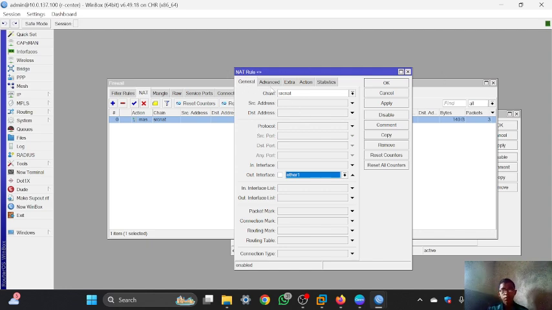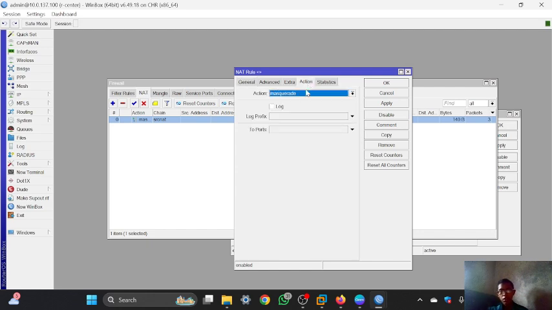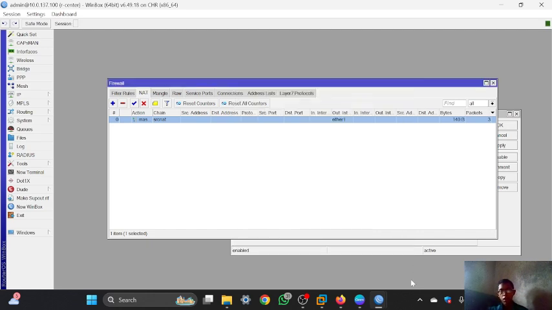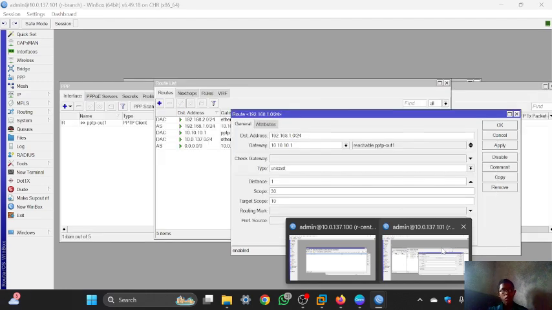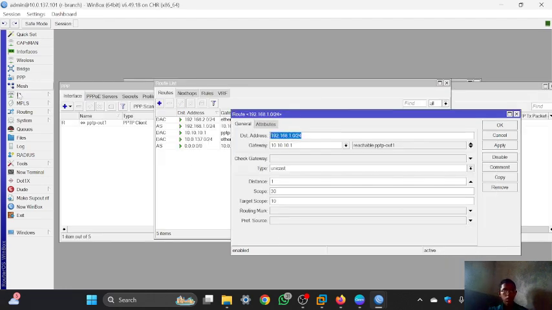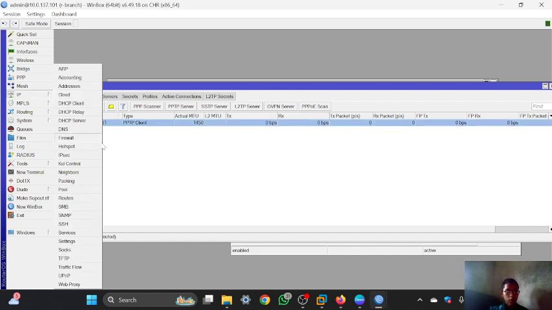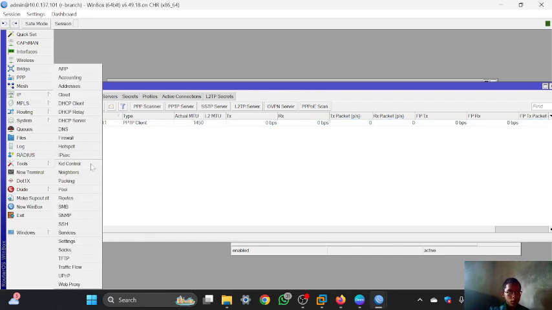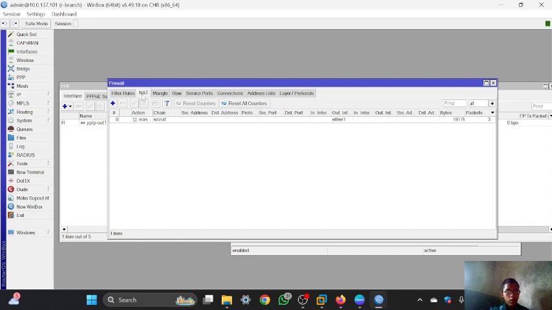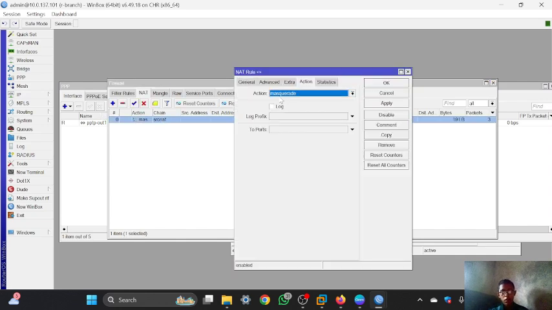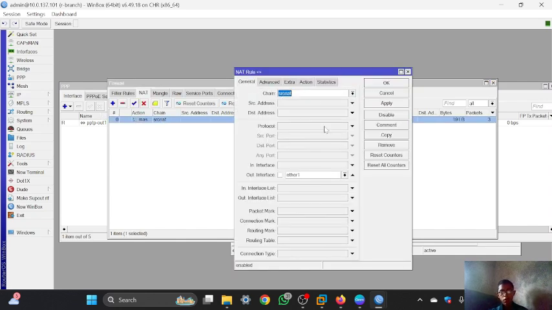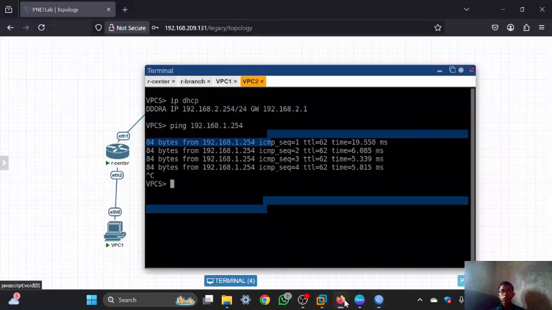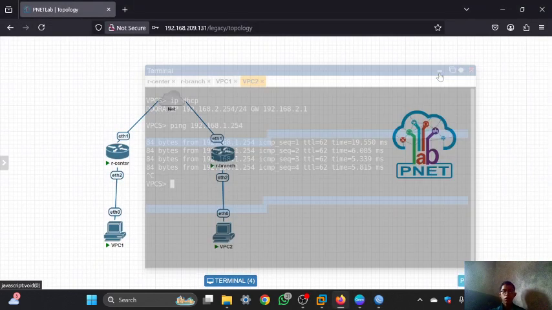So for the chain it is source NAT, the out interface is Ethernet 1, and the action is masquerade. And also in the router branch it is the same like that. You can see it in here, the firewall, the NAT, and also in here it is the same, so the configuration of PPTP is now successful.